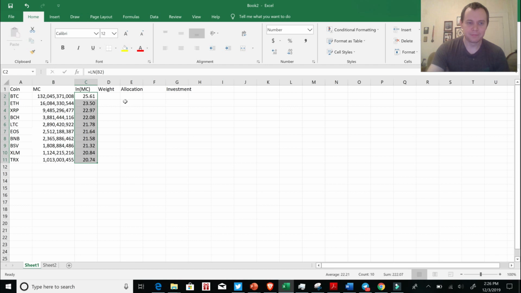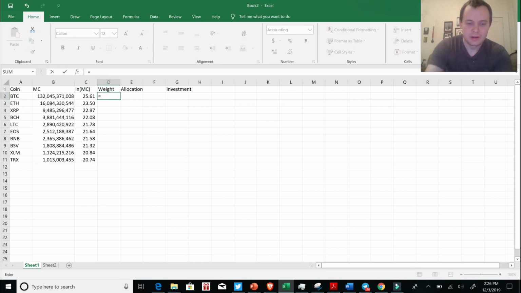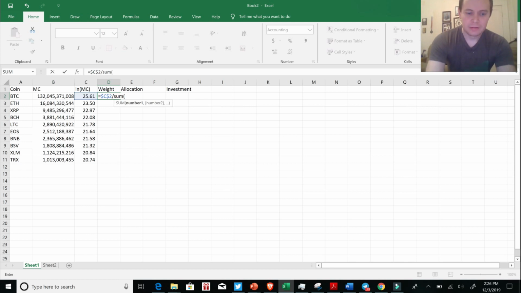The way we do that is we need to take this number and then divide it by the sum of the logarithm of each coin's market cap. So what we're going to do is go over here and say equals, and we're going to go to C2. We're going to put dollar signs so we can scroll it down, and then we're going to divide by the sum of C2